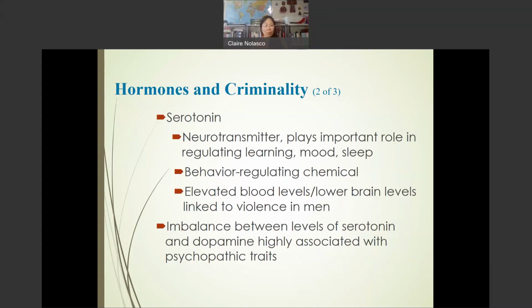One hormone that we know is serotonin. When you exercise, it increases serotonin and endorphin levels in your bloodstream. Serotonin is a neurotransmitter, and it plays an important role in regulating learning, mood, and sleep. So this is a behavior-regulating chemical. Elevated blood levels, signifying lower brain levels, have been linked to violence in men. Imbalance between levels of serotonin and dopamine is highly associated with psychopathic